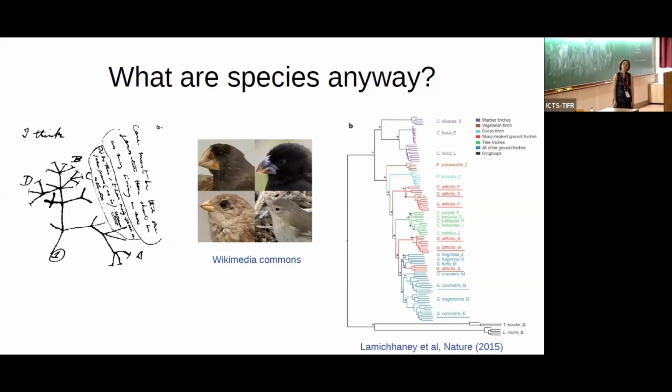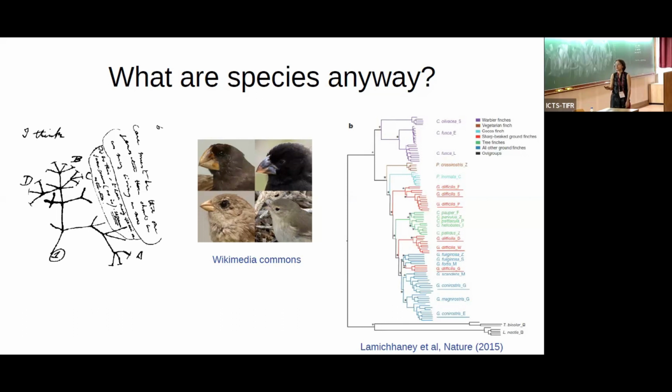As far as I know, this diagram is the only figure in the Origin of Species. That's true, right? Yes. So this was the only figure in the Origin of Species, where Darwin drew this sort of cartoon of how different populations might diverge in this sort of tree-like structure.